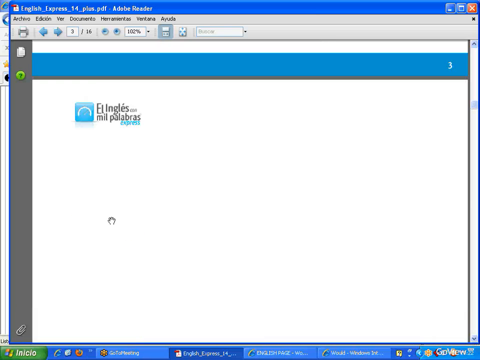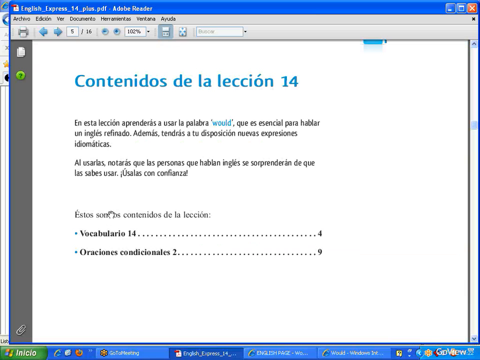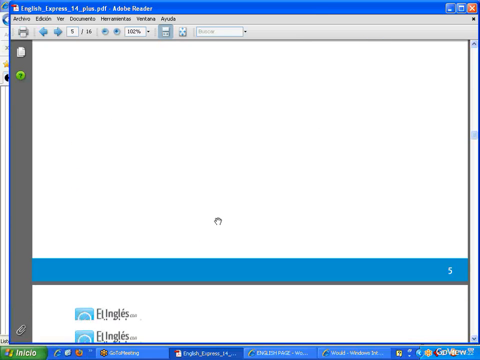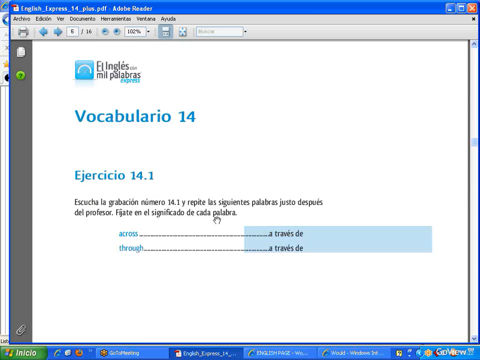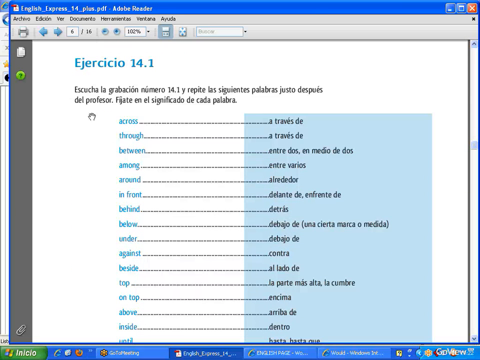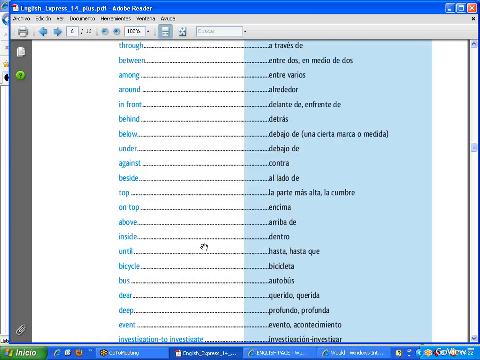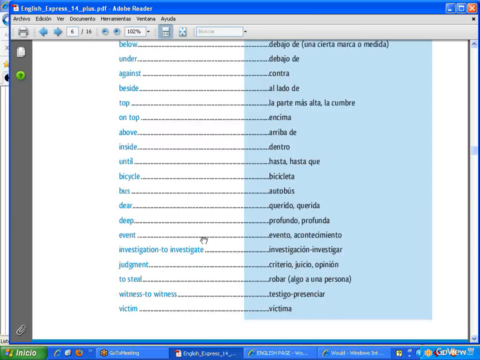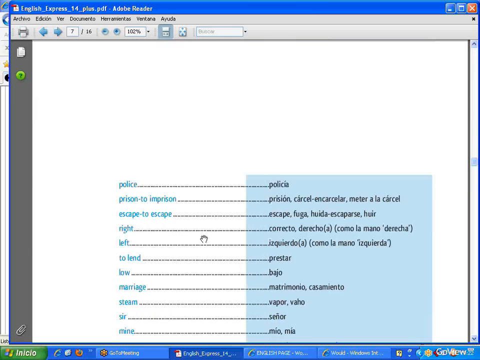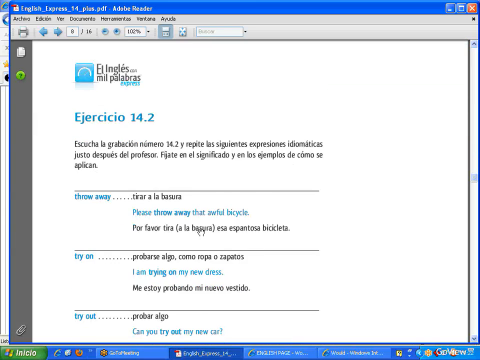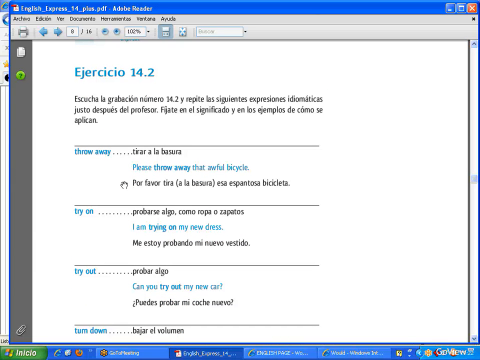Well, we've read this already. So we have, as usual, the vocabulary. And you're going to listen to the recordings, and you're going to learn all this vocabulary. Very important, before you go to the first exercise. And the first exercise is more idiomatic expressions. So by now you're learning a lot of idiomatic expressions, and we also call them phrasal verbs, okay?